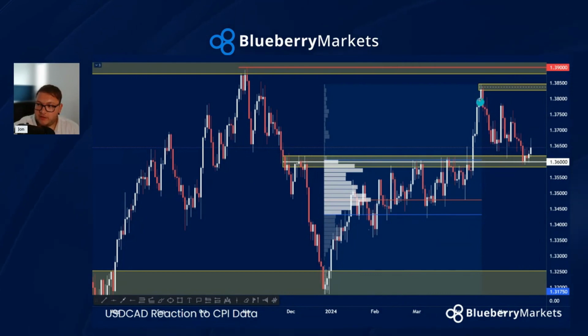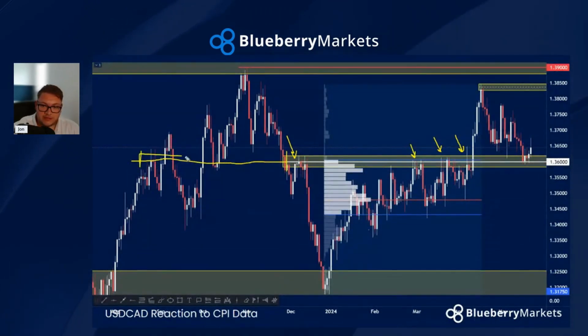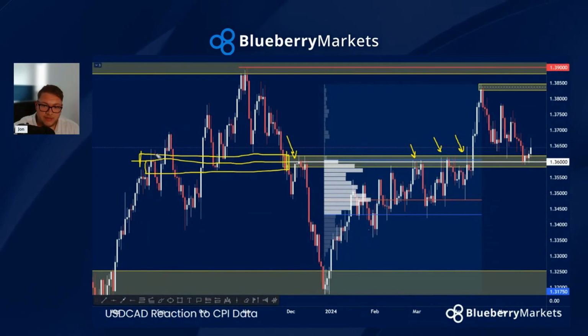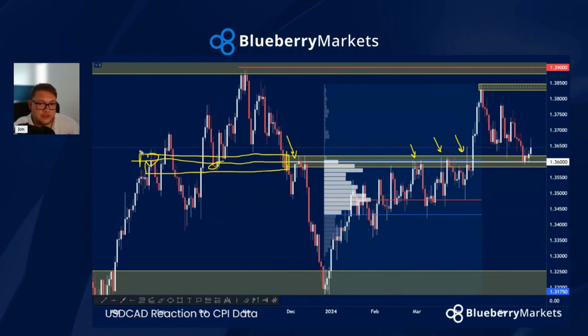Essentially, we've got lower highs and lower lows in the market. Now 136 is a crucial level. It's a big level in price. You can see that it acted as resistance for a very long time, pretty much since December of 2023. That 136 handle was the place to be. Even if we look left, prior to that, we've got August and September of 2023 being used as support and resistance. It was almost like a magnet for price, because price has been using that for buying and selling.